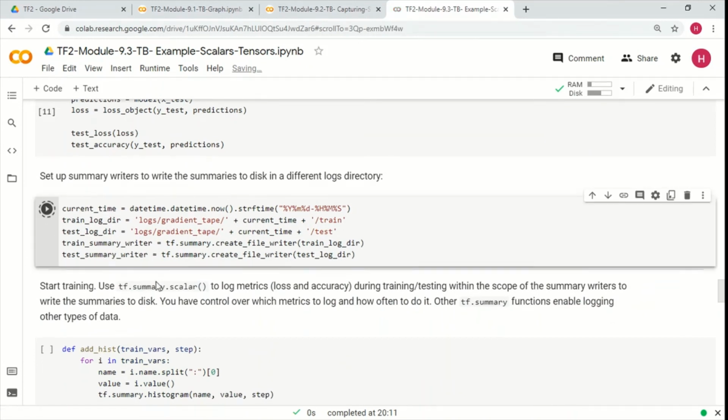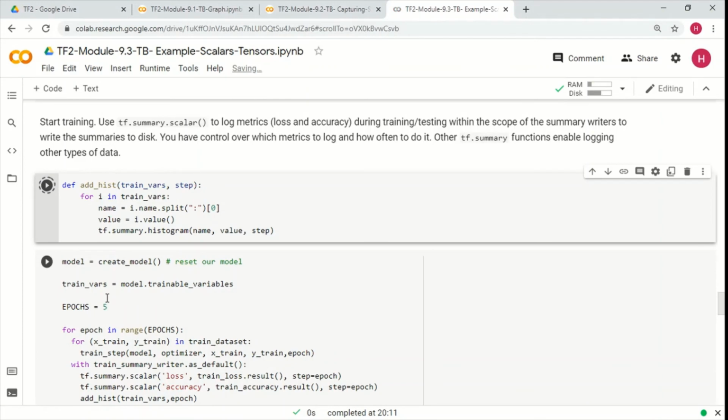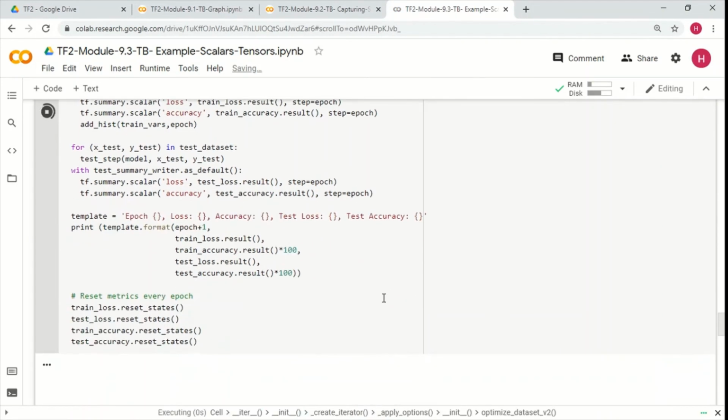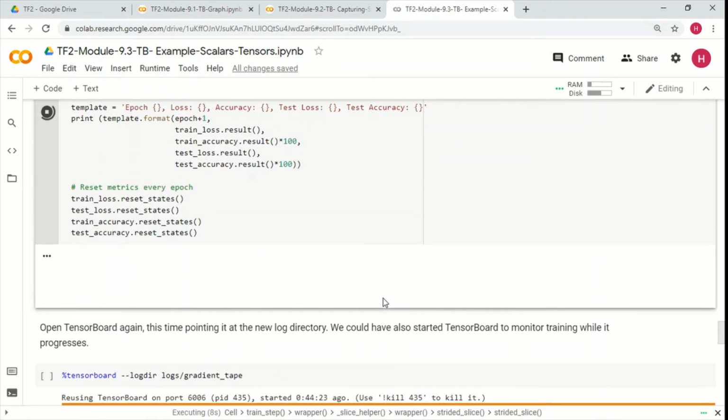Let me do this as well. Define this function and then run the loop here. So let's see. As usual, it will take a minute or two to go through this.